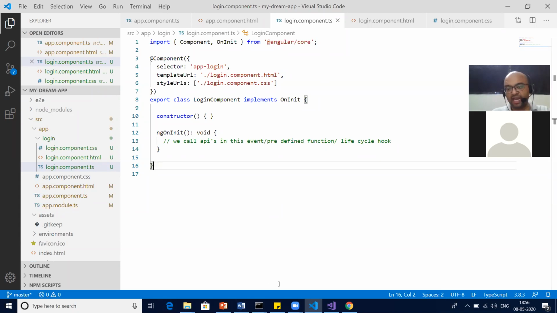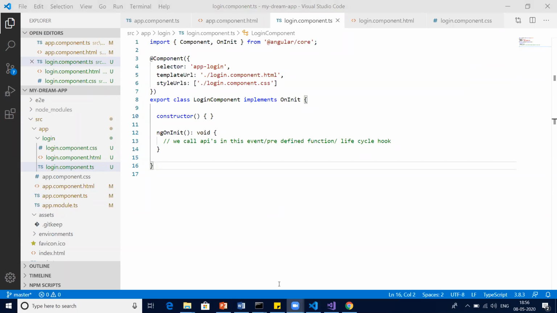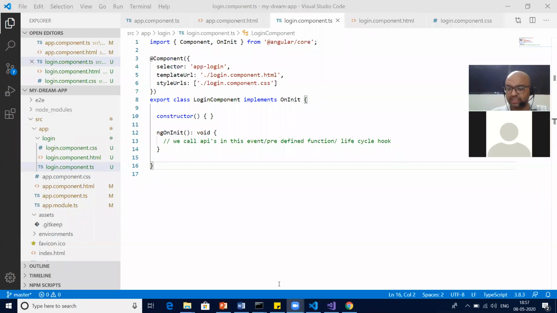Guys, think and then answer. No pressure, but yes, I need an answer from your side. So Rohit is saying TS, Mehboob is saying TS. Anyone else want to try? No? Sony, do you want to try?